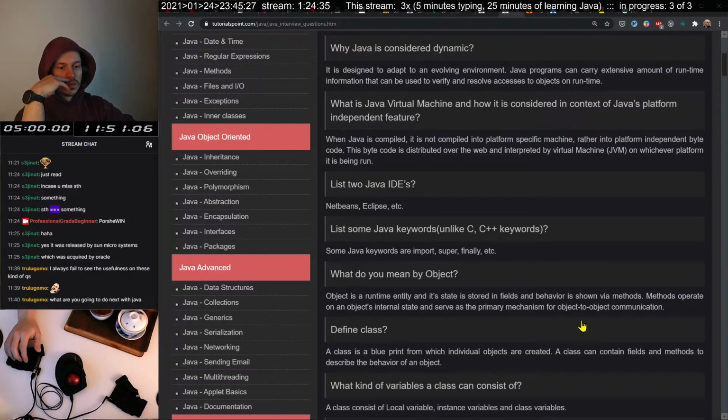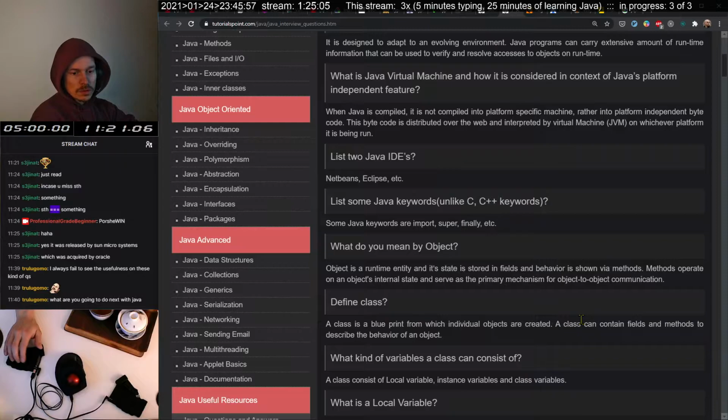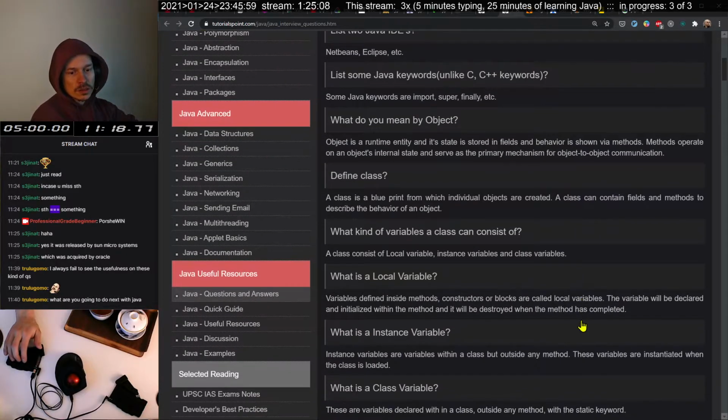So instance variables, that is the class variables. Those are the static ones, right? They are shared under the class and all of its instances. And instance variables are for the instances, and a local variable is defined in a function, any kind of block, really. What's a local variable? Oh, I just said it. Instance, class.